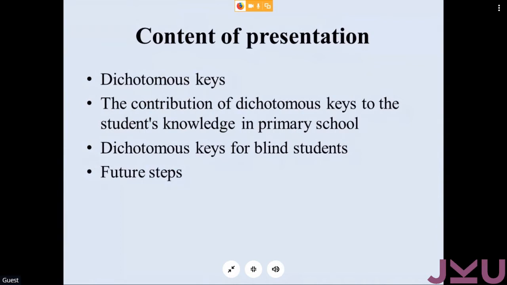I share this presentation in several parts. At first, I will talk about the topic of my research, that is the dichotomical key. I will explain a little bit what dichotomous or dichotomical keys are. After that, I will share some part of my research about the contribution of the dichotomical key to students' knowledge and students' creativity in primary school. After that, I will give some information on how we try to adapt the dichotomical key, or dichotomous key, which is a synonym, to blind students, and some stuff which we have planned